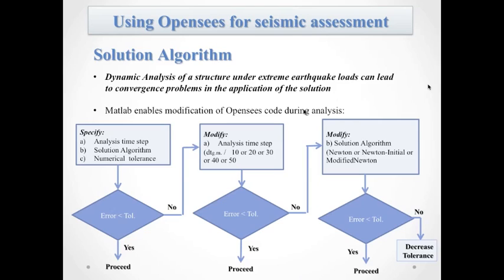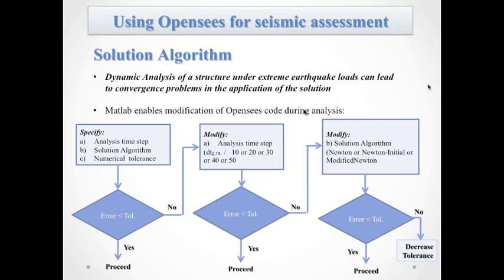Regarding the solution algorithm, we are using MATLAB to modify the OpenSees code, as I said, in real time. One issue that we experience running this analysis, because we are using extreme loads that lead the structure to collapse, as you understand, is that we encounter many convergence issues. To perform this analysis, somebody needs to define the analysis time step, the solution algorithm, and the numerical tolerance. And if somebody starts with a very high analysis time step,